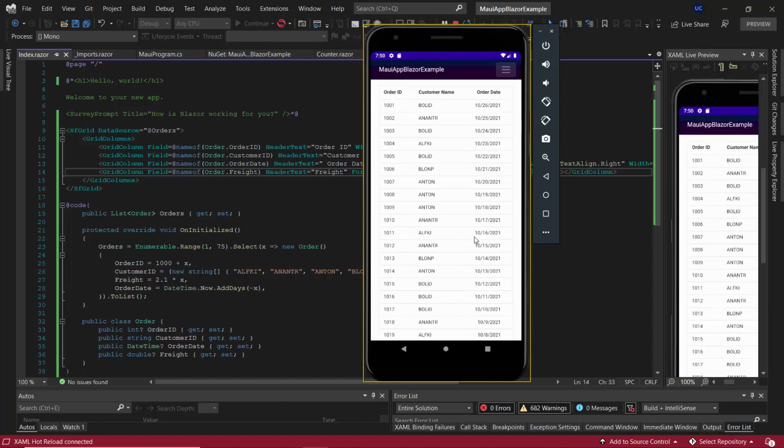So not only the grid component, you can start to use any of our Blazor components inside this MyUI Blazor app. It's nothing but when you compile this particular app, the Blazor components will run natively in the .NET process, just like any other MyUI app will run. So it will render the web UI using that embedded web view control. So that's the only thing, and that's all from my side.